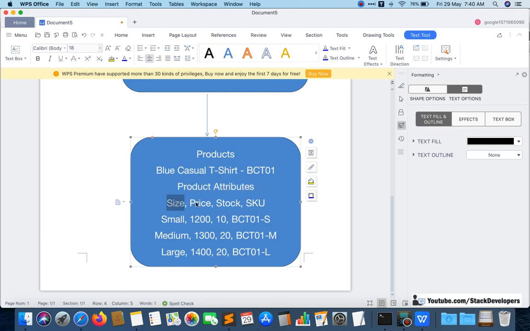We require size column, price column, stock column, SKU column, and also product ID column. Product ID we need to pick this ID, so we will make a relation also. Later on we are going to make the relation that one product has many attributes, there are 3-4 attributes, so the has-many relation will work here, okay.